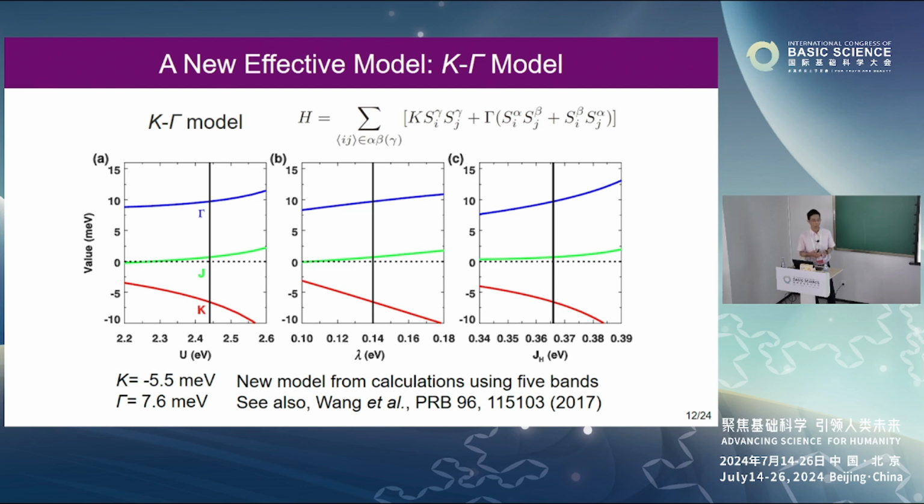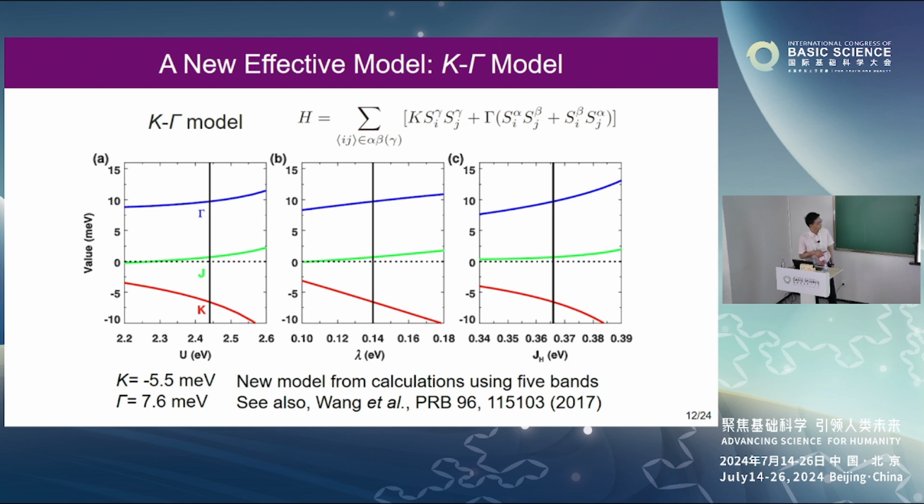Gamma is the off-diagonal interaction. It doesn't have much physical meaning. It's just the off-diagonal terms in the 3 by 3 matrix. So to describe this material and simplify our discussion, we use a new effective model, which is this